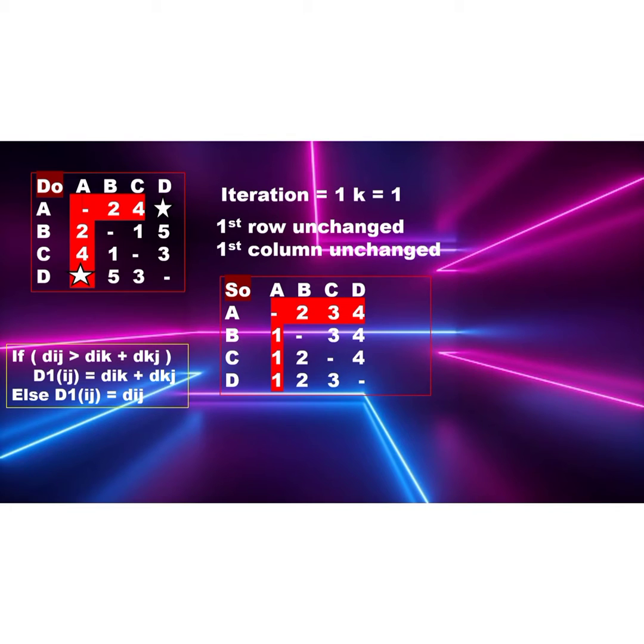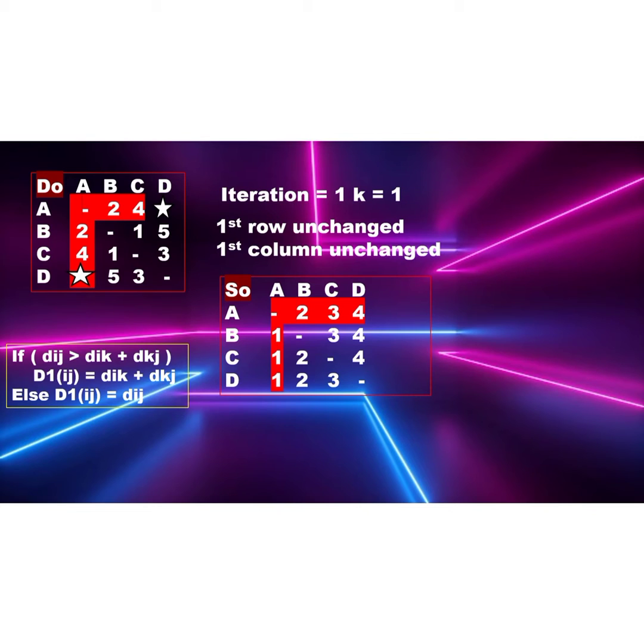Now to print the intermediate nodes on the shortest path, a recursive procedure that prints the shortest path from i to k and from k to j can be used. We will show that the kth row and kth column of the distance matrix is unchanged when Dk is computed. This means that Dk can be calculated in place.